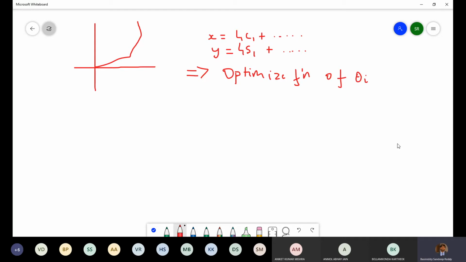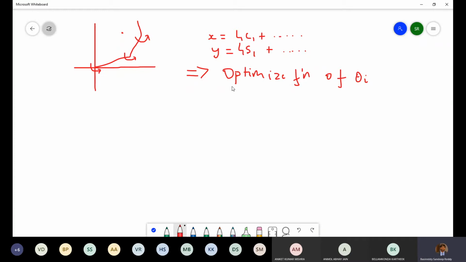Now this could involve either minimizing the joint rotations, velocities and accelerations. This could involve in some cases minimizing the actuator torques, the torques that we are supplying to make these joints rotate. And in some other cases, this optimization function can also be to avoid obstacles. Suppose when this robot is moving and there is some obstacle here, we can impose a constraint that no link should touch this obstacle.